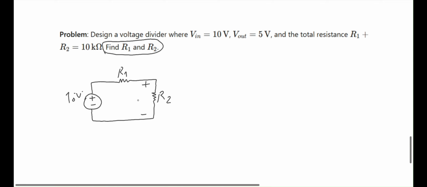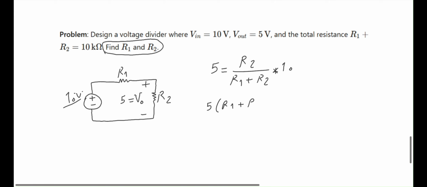Let's consider the output voltage on R2. VO equals 5. From the voltage divider rule, we know that this 5 volts is R2 over R1 plus R2 times the input voltage, which is 10. Okay, now we have some better ideas. I can say 5 times R1 plus R2